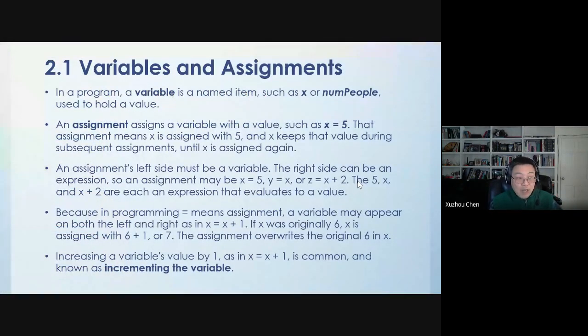I'm not going to spend much time on chapter 2 because chapter 2 is about variables and assignments. There are lots of similarities between the Java variable and the Python variable. So if you already learned the Python language, you know exactly what a variable means. And the only thing I want you to realize is the difference between